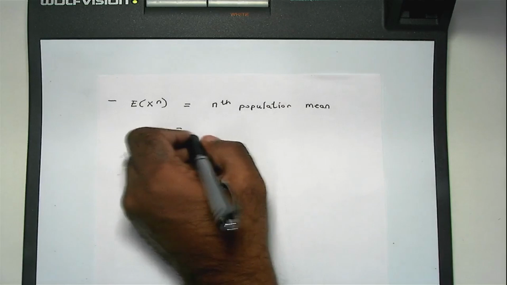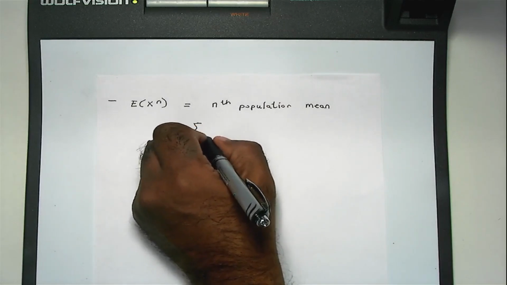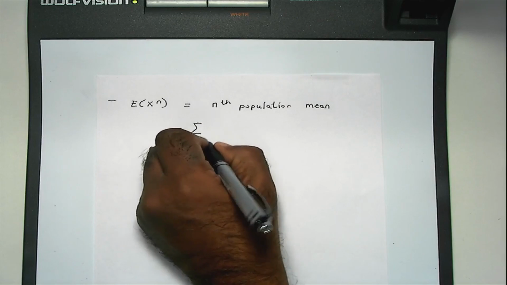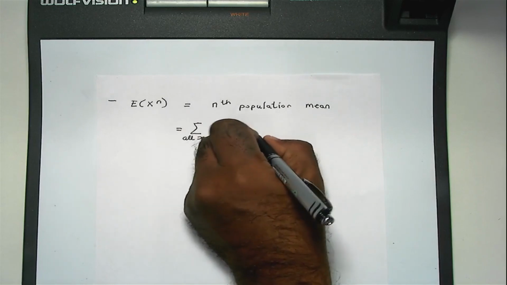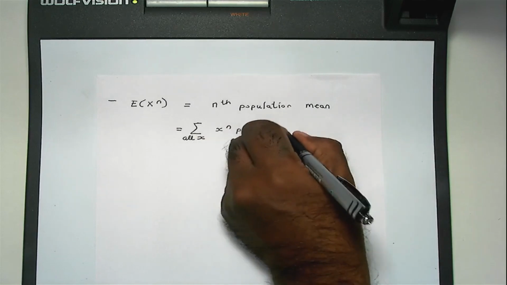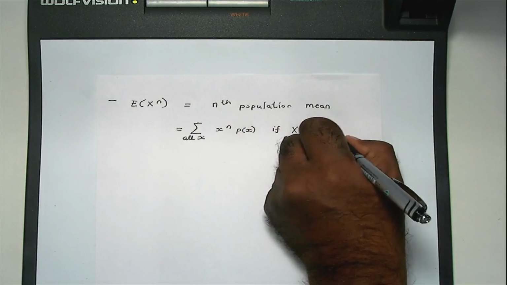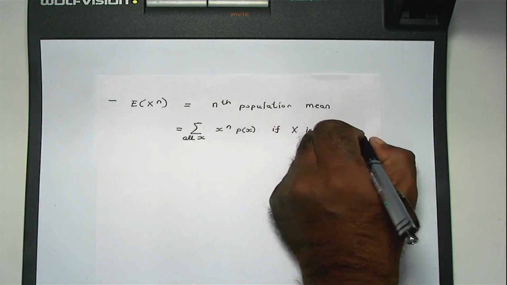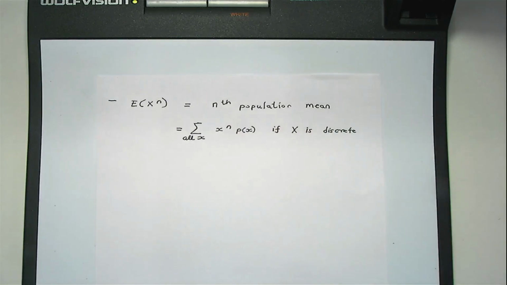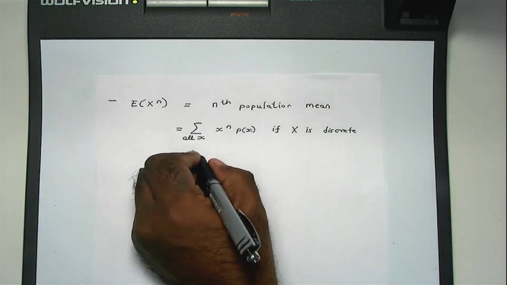In the discrete case, that's if x is a discrete random variable, okay, right? And in the continuous case it is defined as the integral